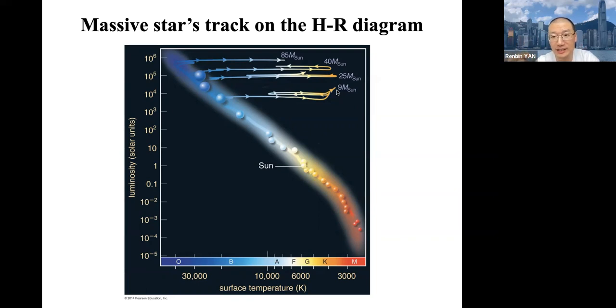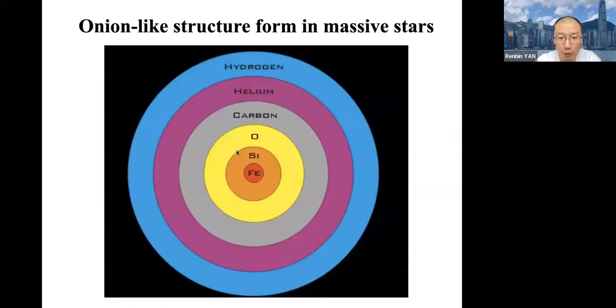And when the carbon fusion starts in the center, it comes back again, so you can see that some of these stars can make multiple trips back and forth to fuse the next heavier elements, so that it basically forms an onion-like structure in the center of the star. You have hydrogen shell fusion in the outer part, helium shell fusion inside, carbon shell fusion around that, oxygen shell fusion around that, and silicon shell fusion around an iron core. So basically you start accumulating iron in the middle.